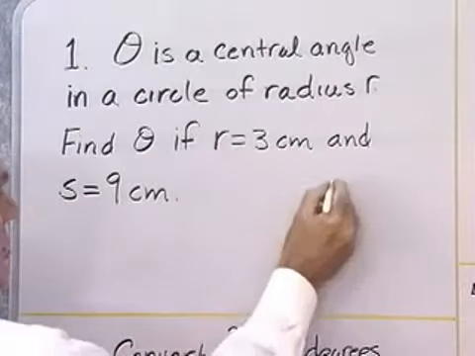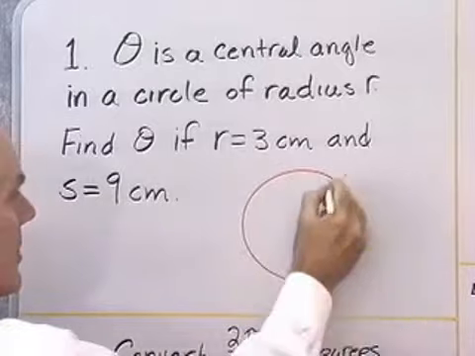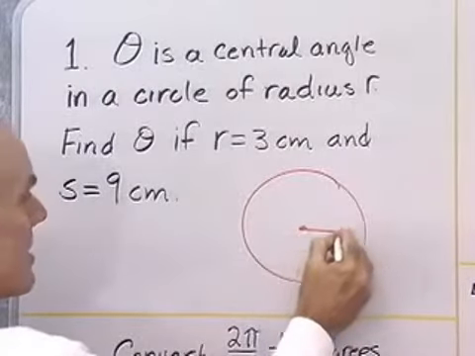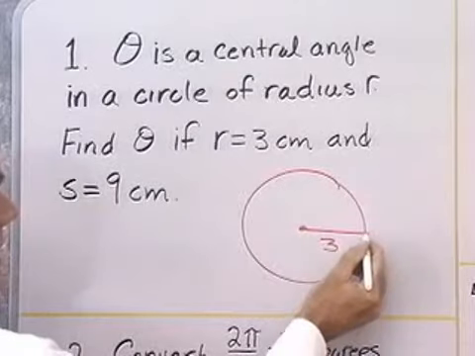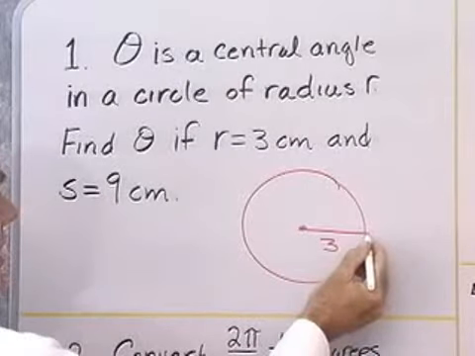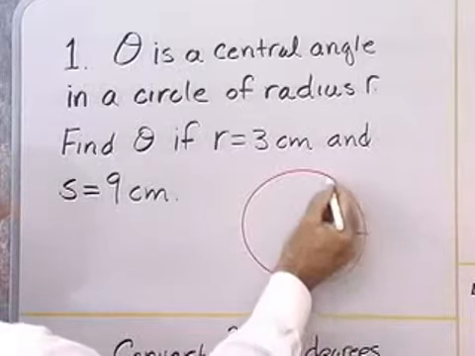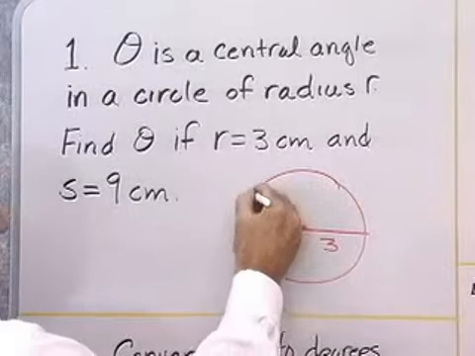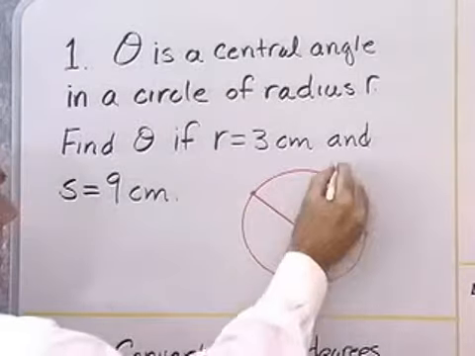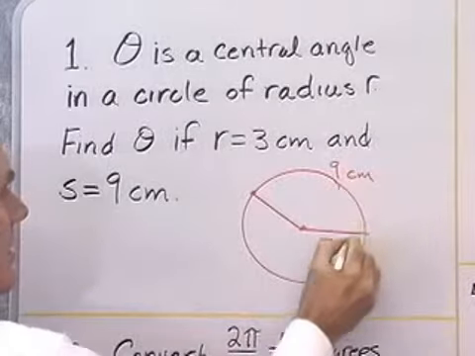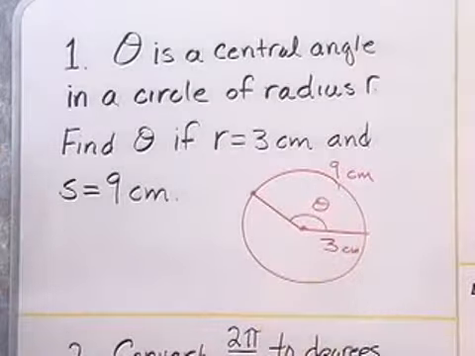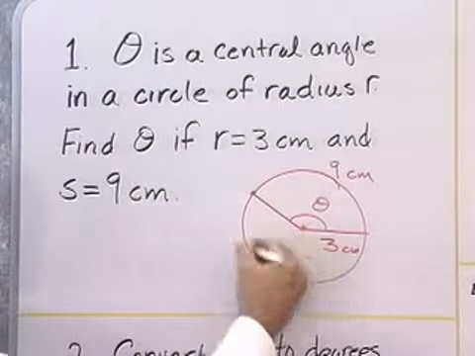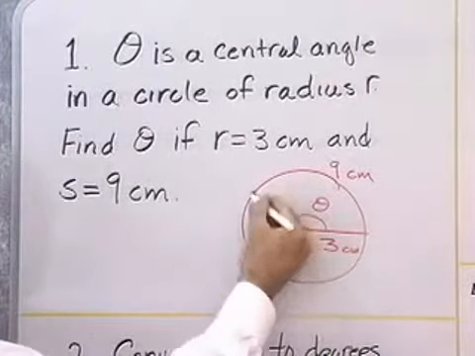So I'll just draw a little picture here for reference. Here's my circle. Theta is a central angle in this circle with a radius of 3 centimeters. Now that angle cuts off an arc of length 9. So just to get it approximately correct, this is 9 centimeters, this is 3 centimeters, and this is my angle theta, which is a central angle in this circle of radius r, and it cuts off an arc of length